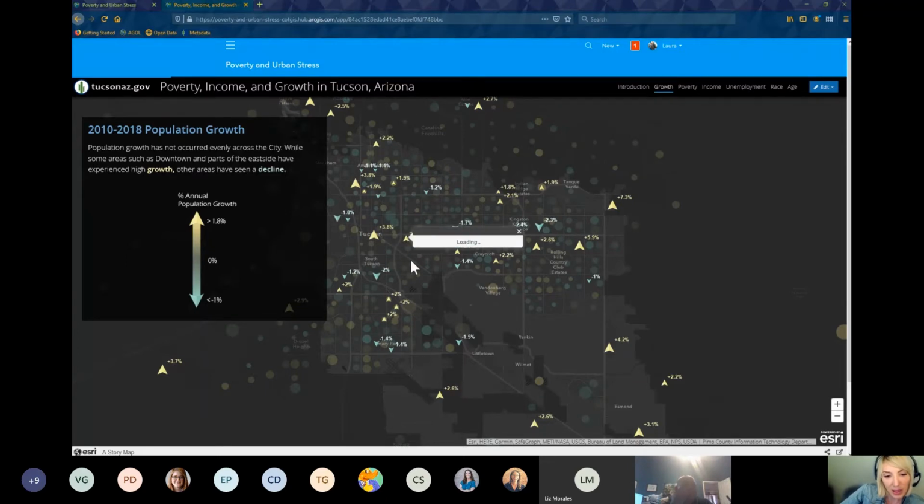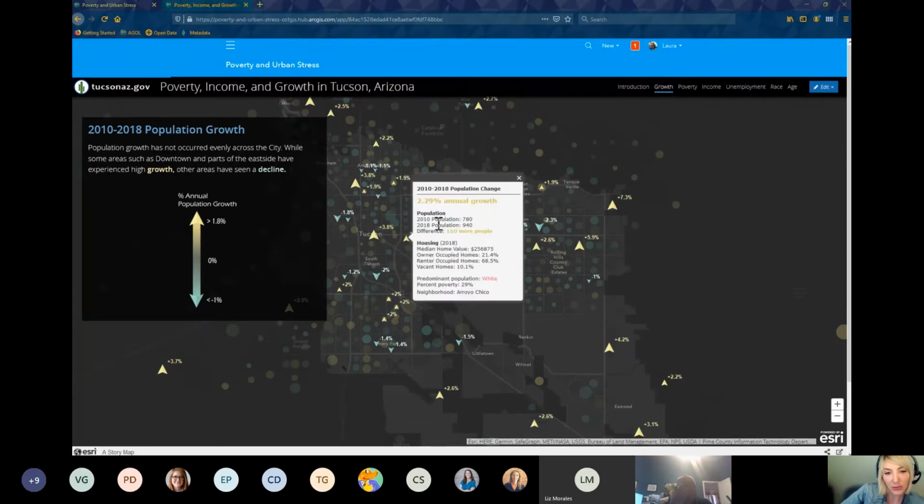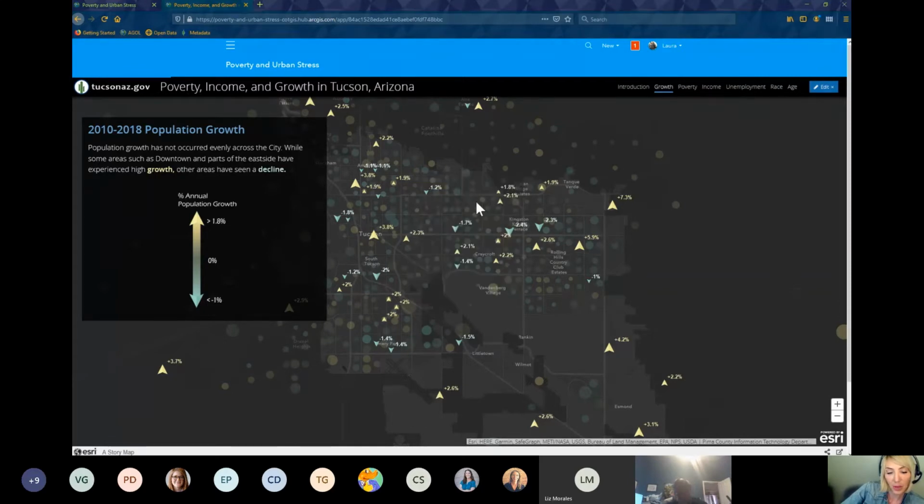And then we can click on these arrows and we find more information. So we see details that in this census block, this one is block groups, the change was 2.29% growth between 2010 and 2018. And we can see the detailed change in population. And we can see some other interesting information like the predominant population race. We also can,